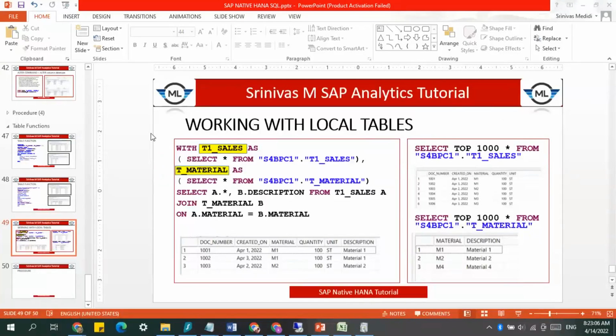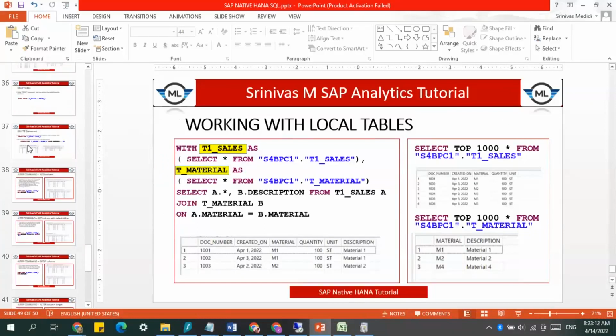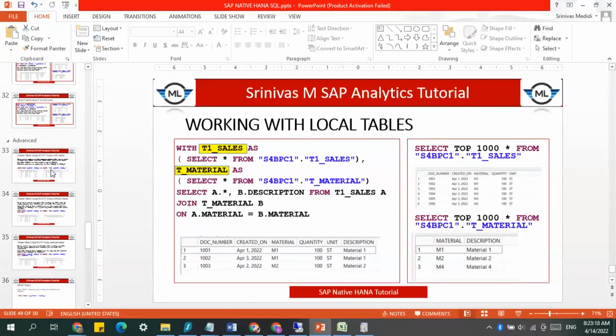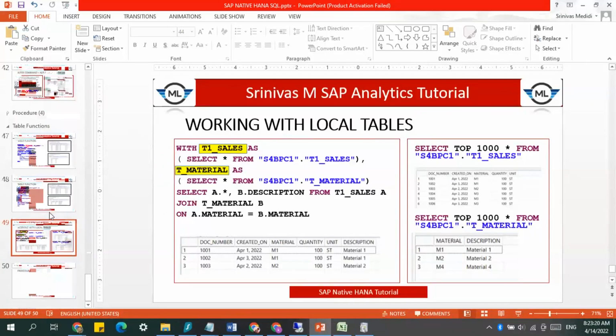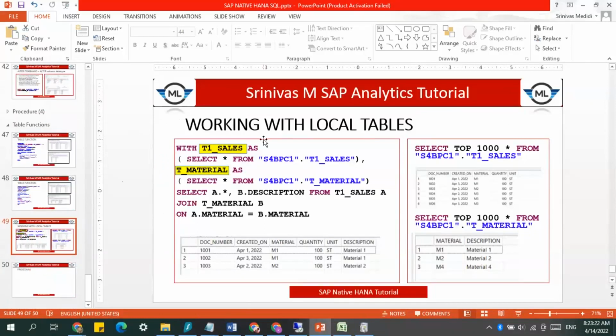So far in our classes, we learned about procedures, table functions, and we saw how to use different SQL statements like create, alter, modify. All we worked on it, right? And today's class, this is the last in the SQL, where we are going to learn about